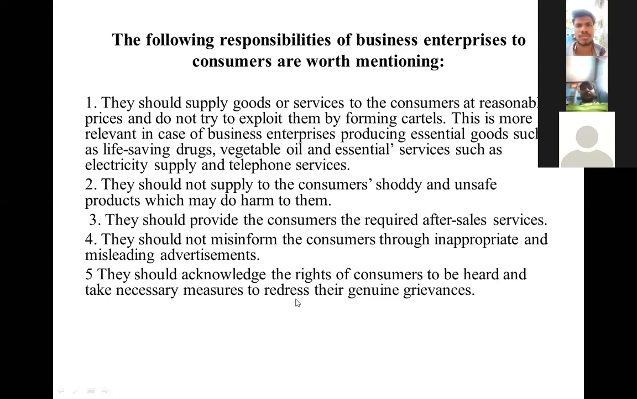Next we have they should provide the consumer the required after sales services. What does that mean? It means after the sales is over,